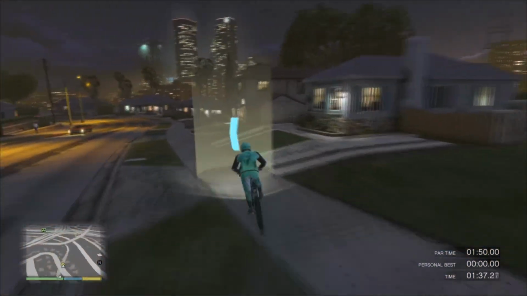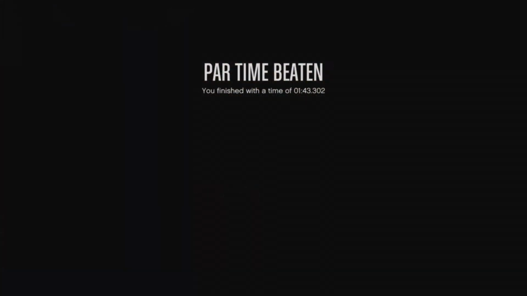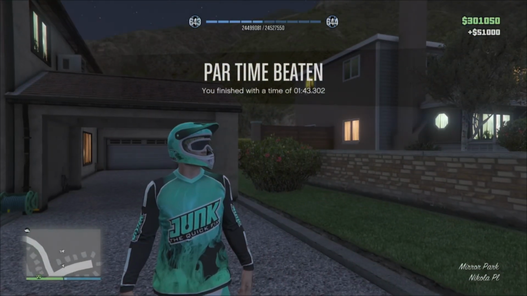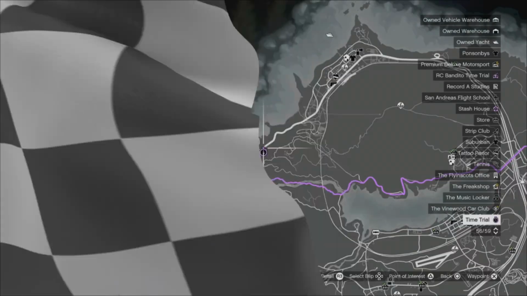And here we are coming down the bottom end of Mirror Park towards the finish line, and we complete it with a time of 1:43.302. But moving on now to the normal weekly time trial for this week, which is coast to coast, and